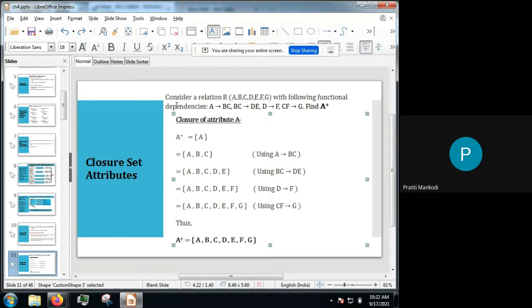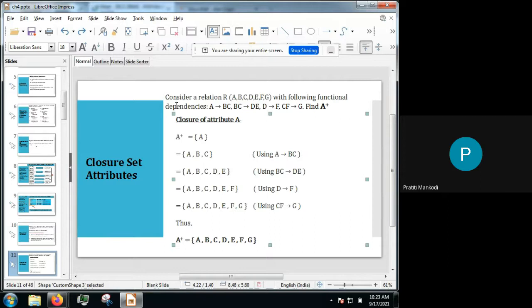Very important topic, guys. Please concentrate and do it. You are supposed to write the reason also. With which FD you included this element as closure. And don't write just BC. Have a habit of writing B, C. Some people do not consider both letters, but that is not a good practice. Now the notation will not be A plus. It will be BC plus. So finding the closure of BC.